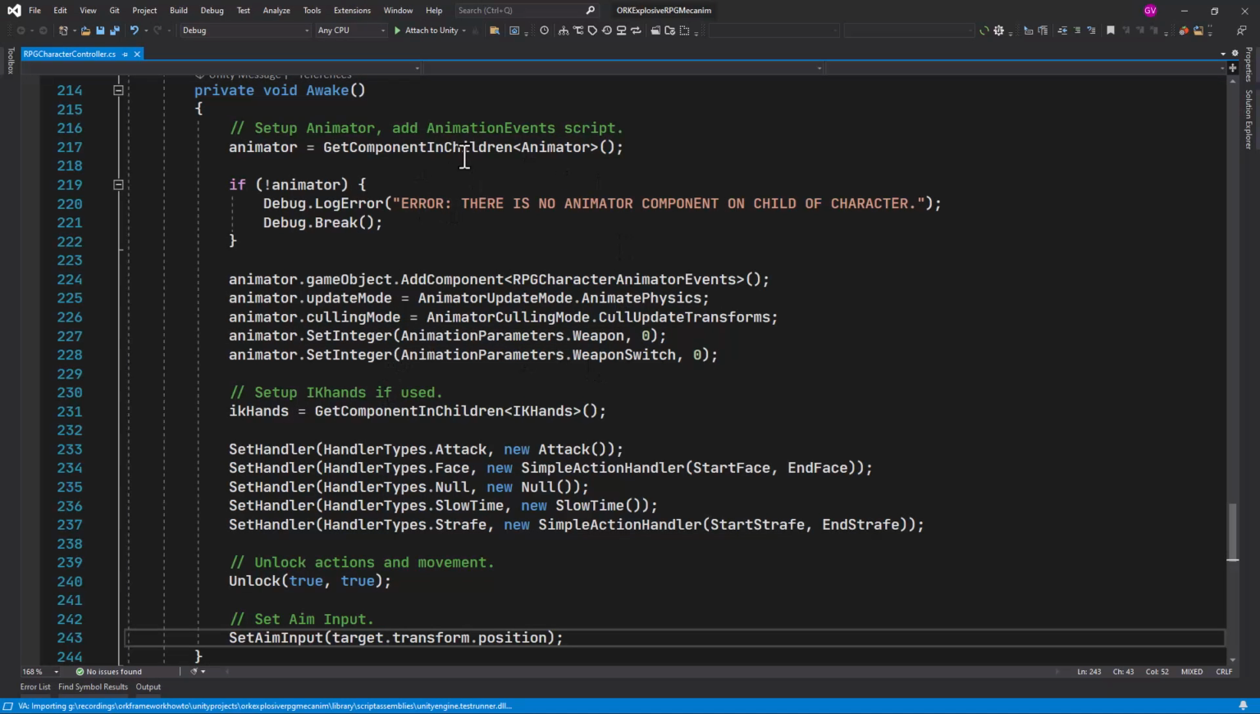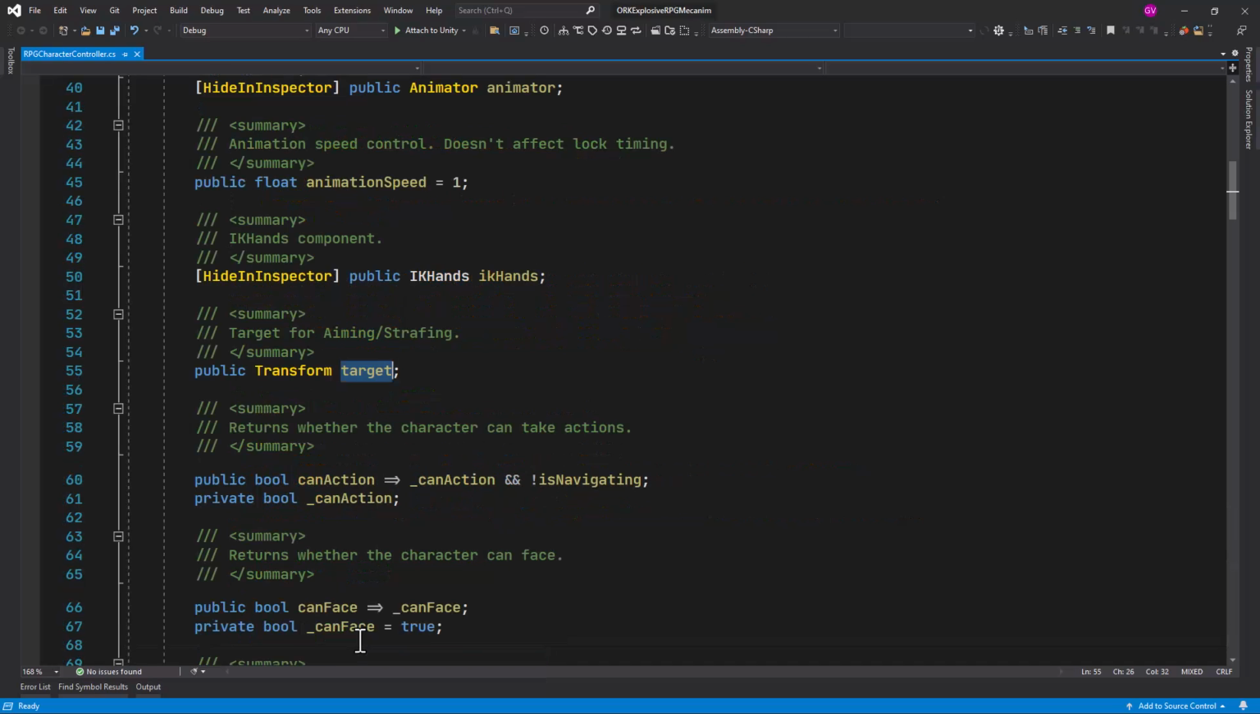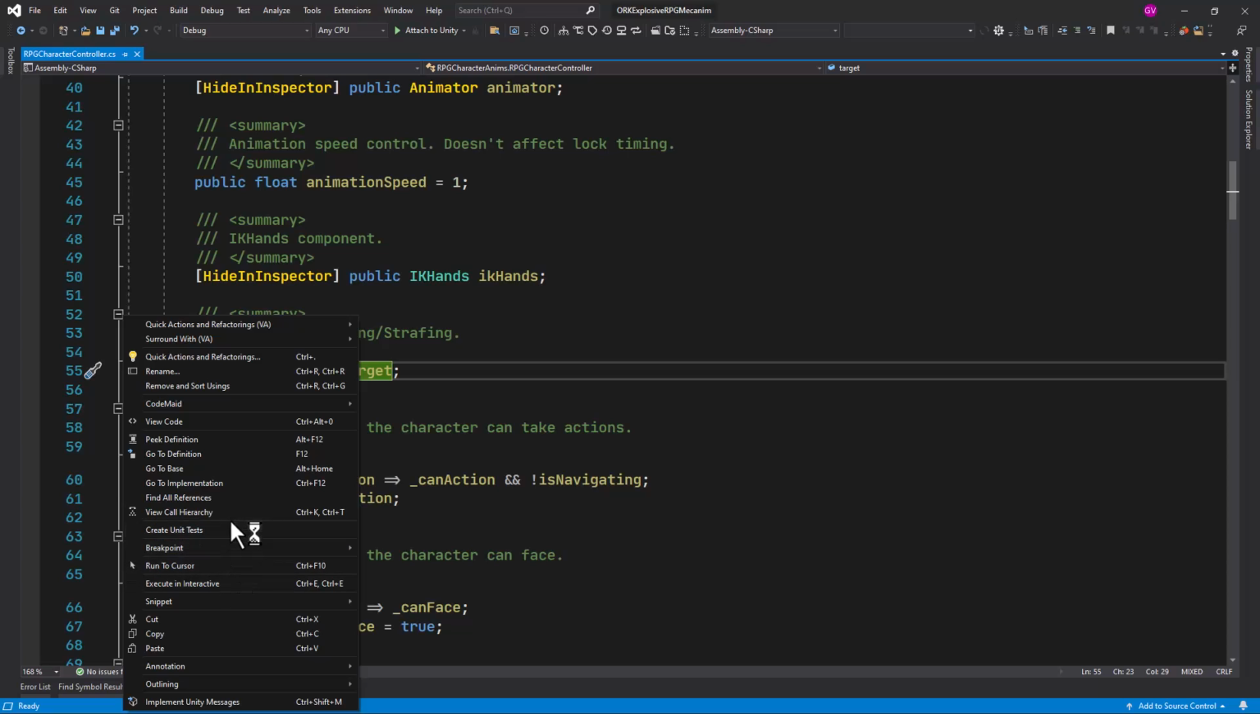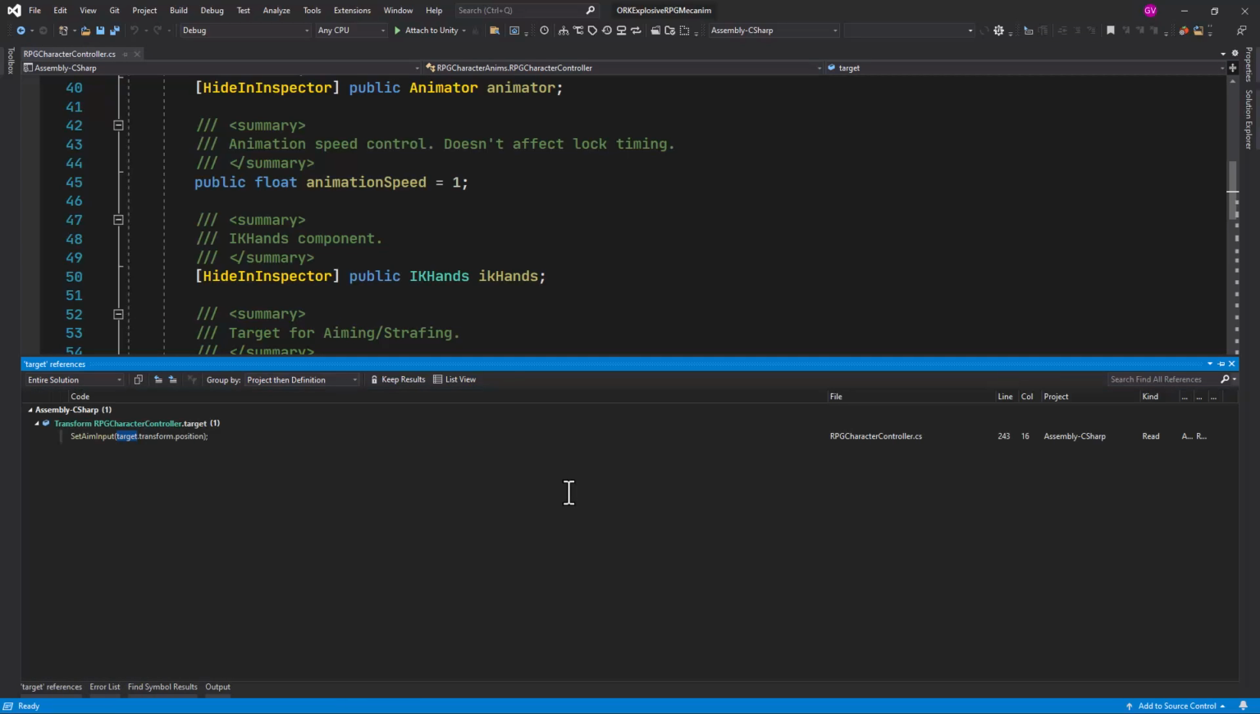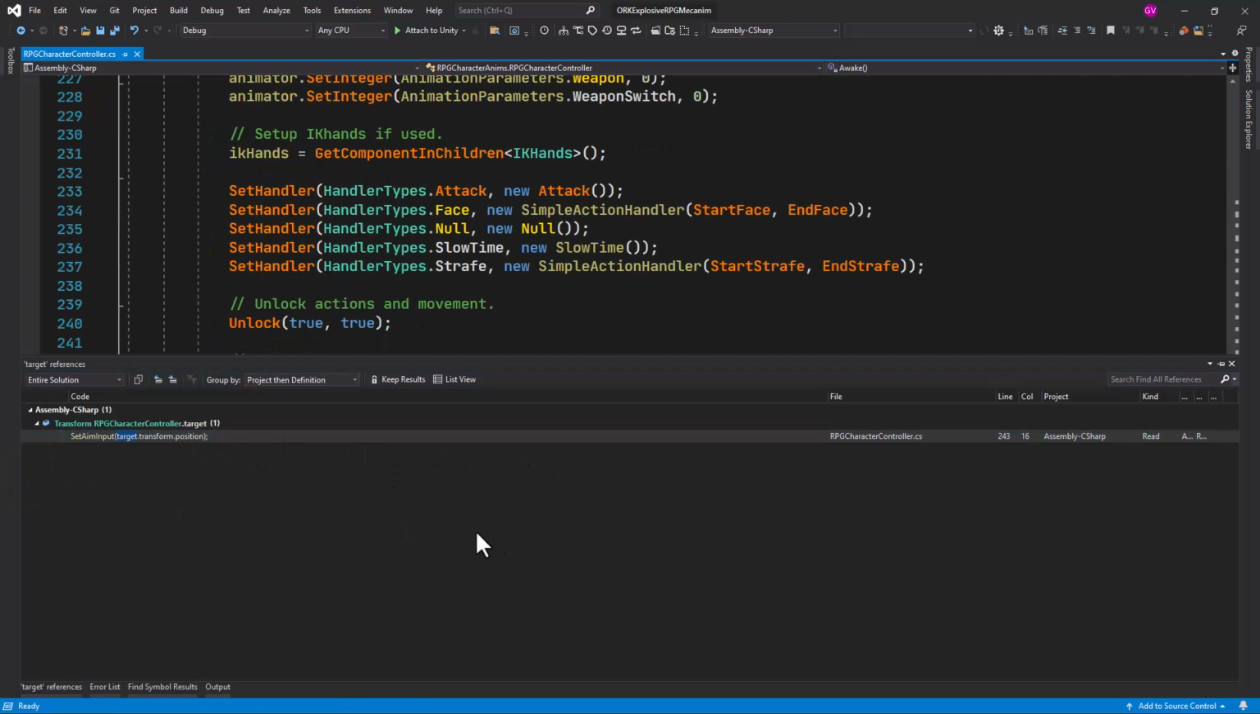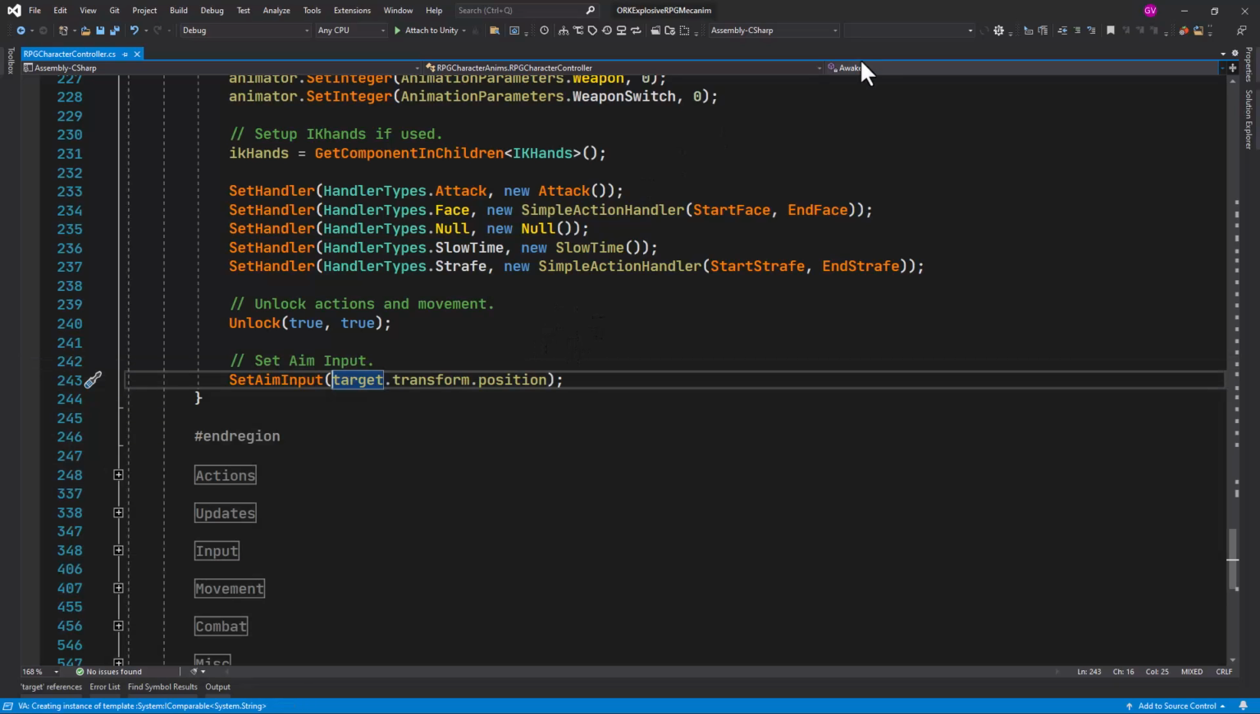Okay, so now the script is open and we can see right away the line where it's throwing this error message that says set aim input and is expecting this target transform. If I click on F12 to go to the definition, is it here? If I click find references, I will see that it's called right away in the awake method, so it's not checking for any